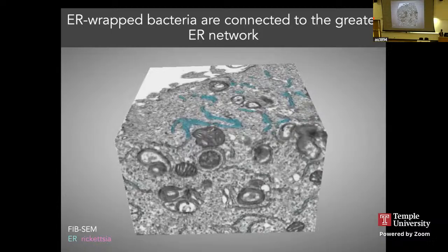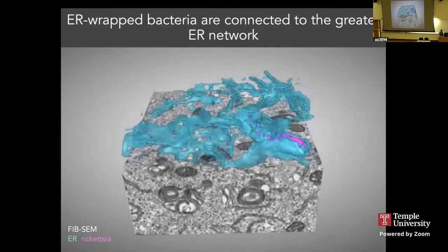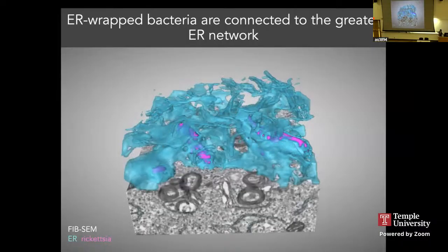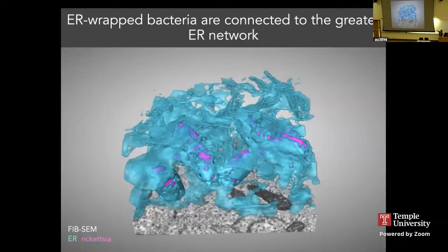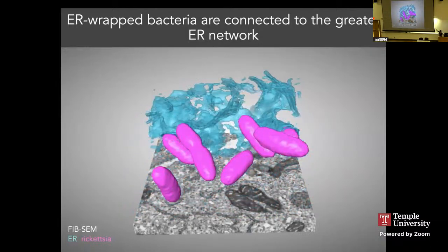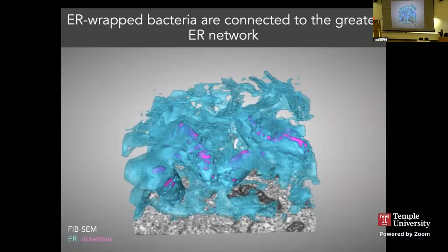and rickettsia. And if we peel away this block and reveal, oh, it's very jerky. Okay, it's happening now. We peel away this block, you can see that the ER membrane is presented, and as we sort of peel that ER membrane away, I want you to notice two things. One is that the bacterium really are getting wrapped pretty significantly by this network. It's not completely, they still have access to the cytosol, which is kind of interesting. And these interactions are still connected to the greater ER network too, which means they potentially still have access to